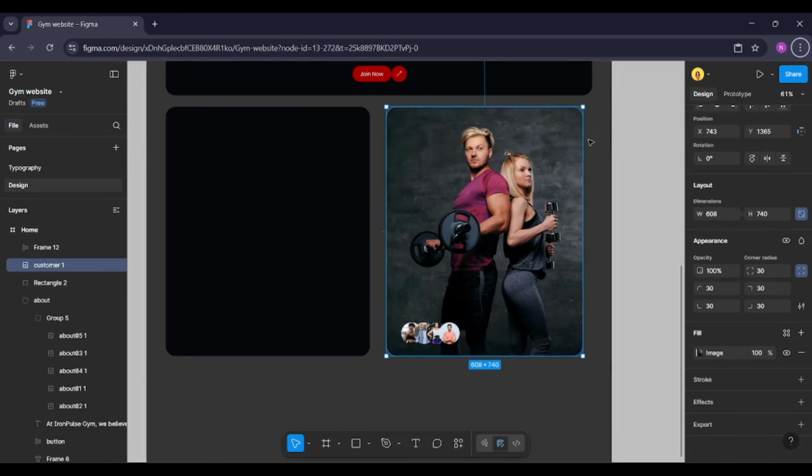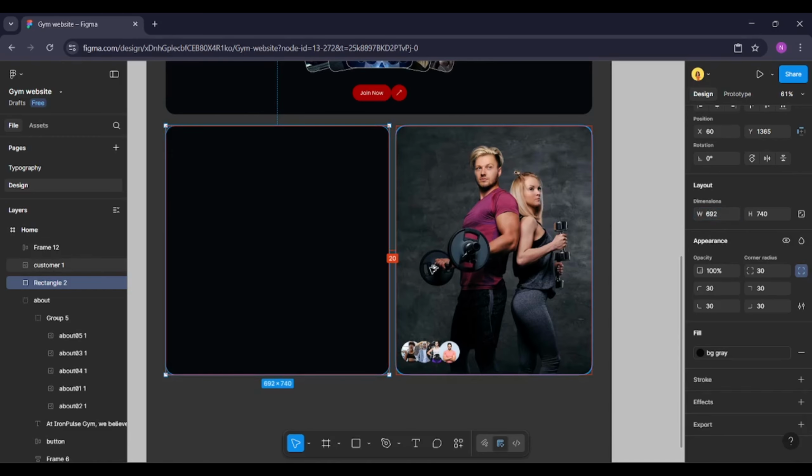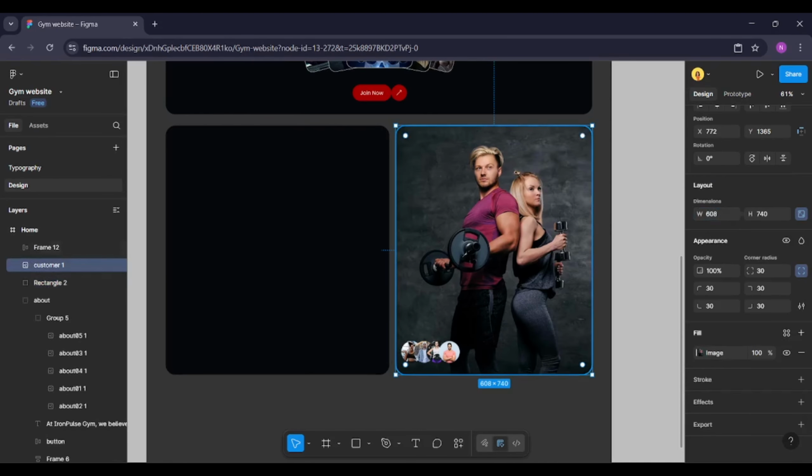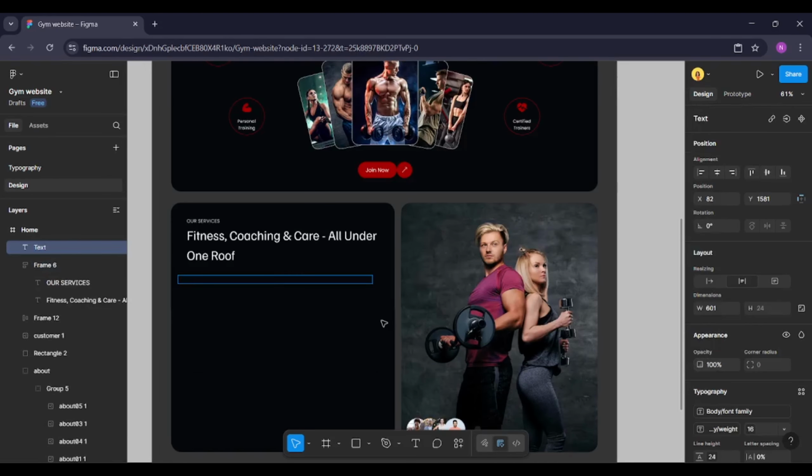Align the image to the left side. Next, increase width of the rectangle to 692 pixels. As previous, you can add text to the section. So copy paste the heading and a paragraph. Let's align these to left